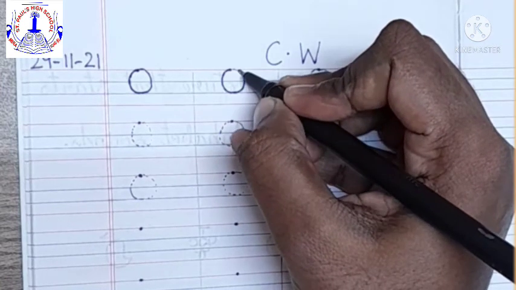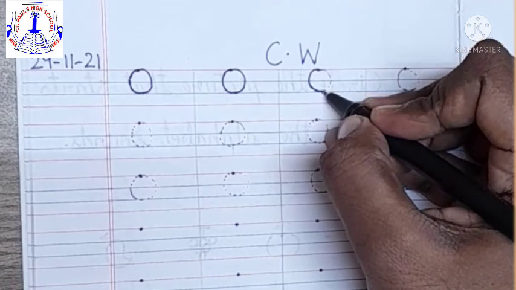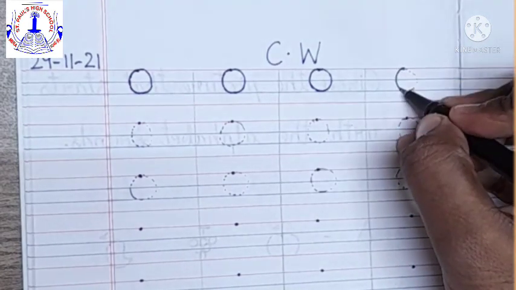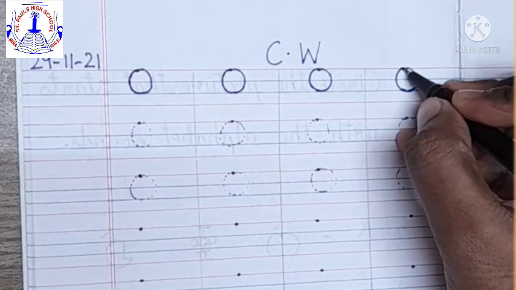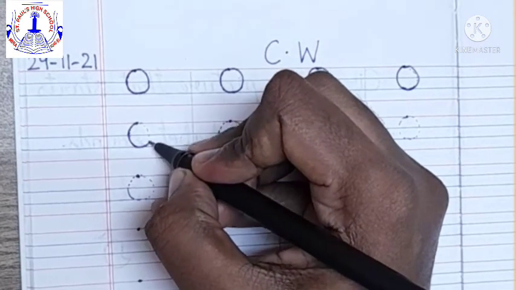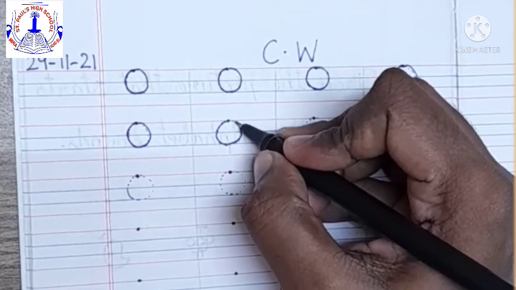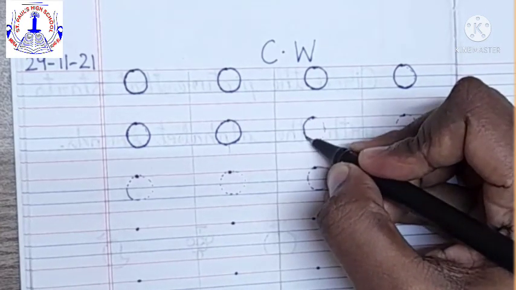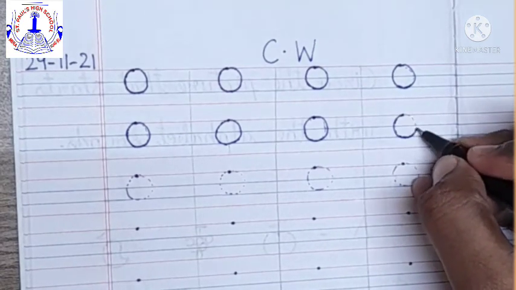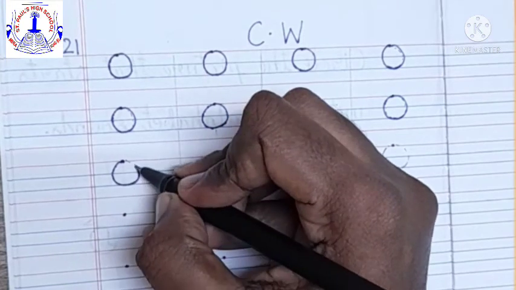O says O, orange. Okay, just you have to trace over it, children. Keep your pencil on the dot and just join the dots given over here. Trace properly. Yes, very good. Which letter you are writing? Letter O. O says O, orange. O says O, octopus. So come on, finish your tracing, children, till here.